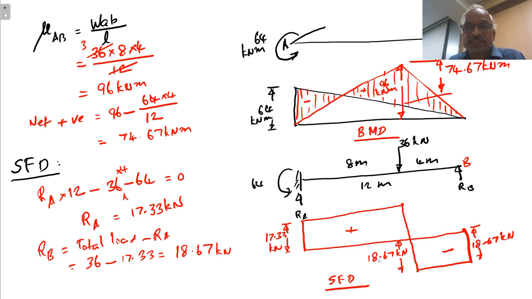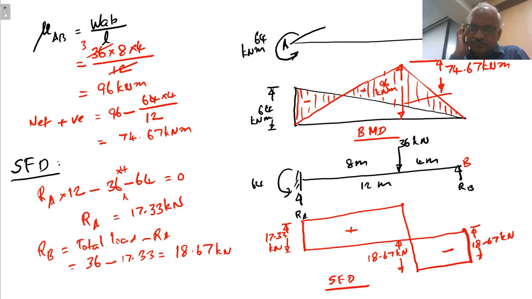See, for all other problems it is the same thing. Suppose there are two spans, how do we draw the shear force diagram? For drawing the shear force diagram, draw AB separately, BC separately, mark the given loading, and also mark MFAB, MFBA, MFBC, MFCB that you obtain. Thereby you find the values of RA, RB and draw the shear force diagram. Anyway, we'll just do one problem. So this is how we do a problem on a propped cantilever using the slope deflection method.